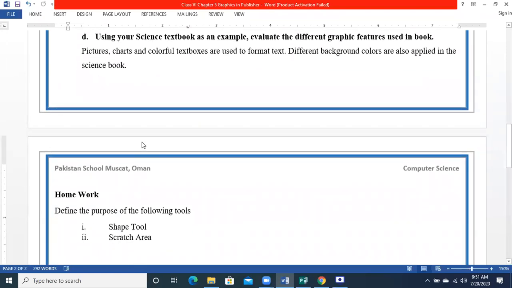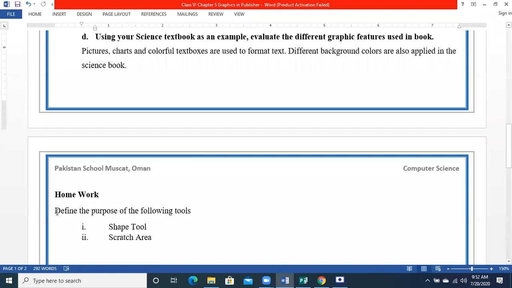Then, using your science textbook as an example, evaluate the different graphics features. Which features were used? Whenever we draw graphics, if you consider your science book, you will see that pictures, charts, colorful text boxes and colorful backgrounds are there. So these are all the options related to graphics.